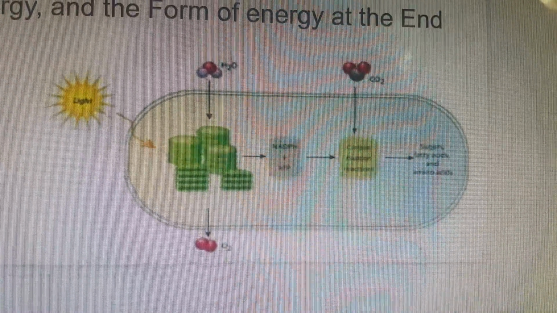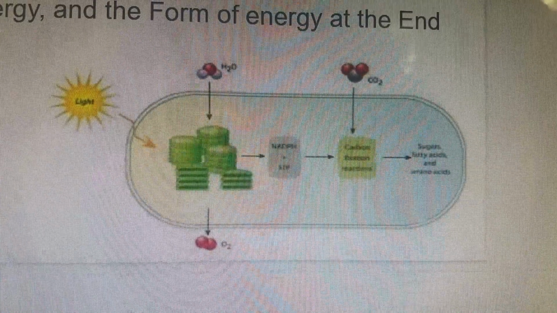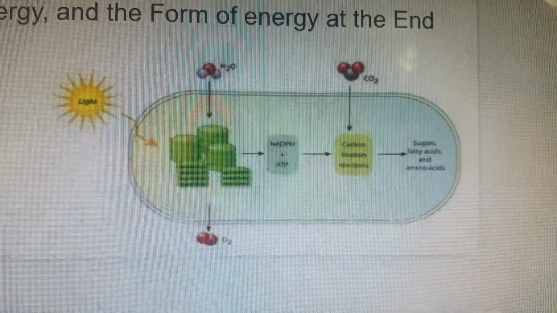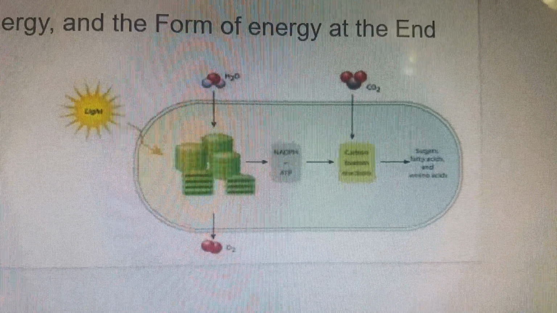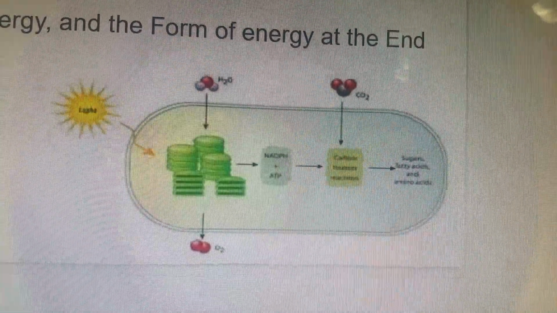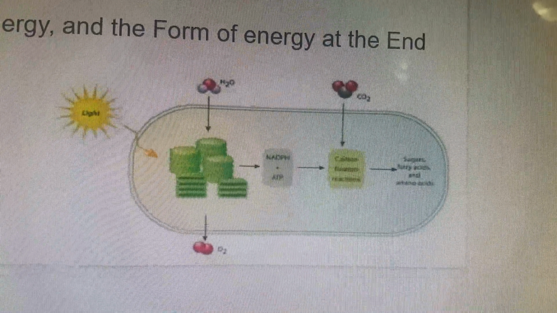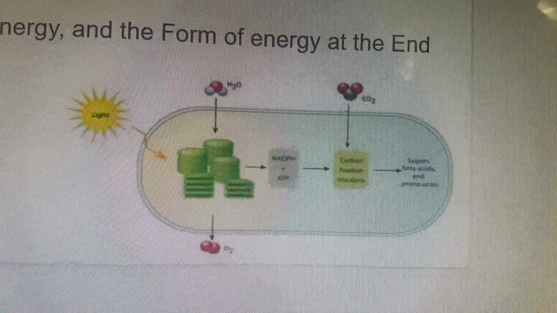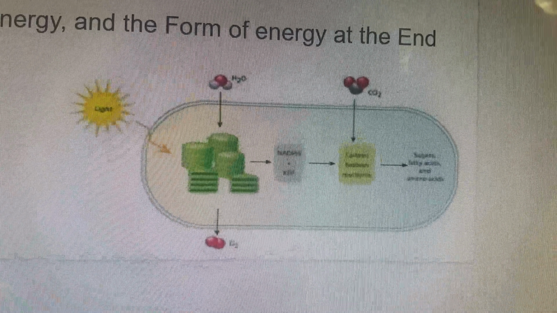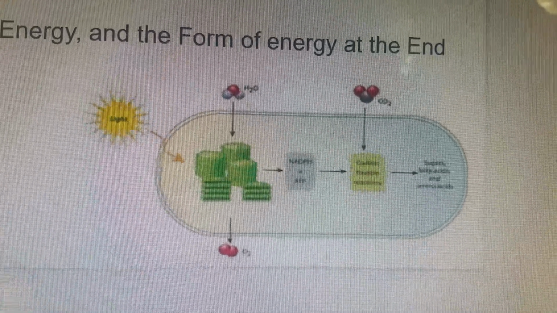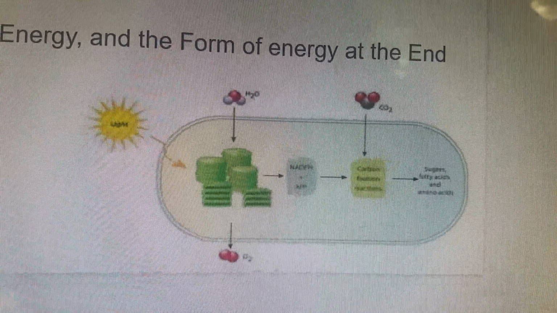Okay, so is energy stored or released in the process of photosynthesis? What form of energy at the start and what form of energy at the end? In the process of photosynthesis, chemical energy is stored as sugar within chloroplasts. The form of energy at the start is light energy, and the form of energy at the end is glucose or food chemical